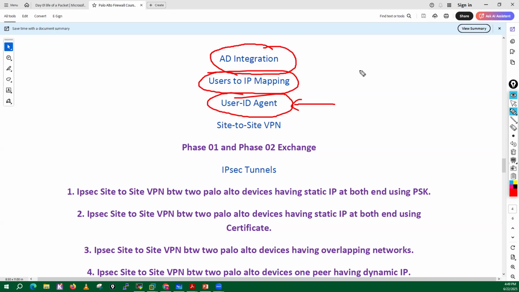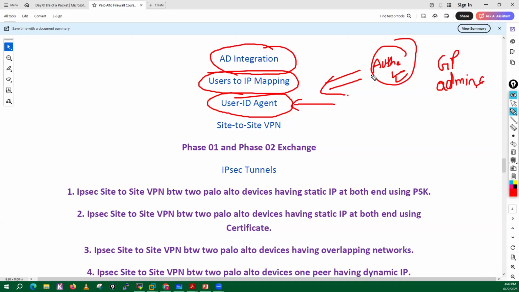Then the same user to group mapping we can use in our authentication profiles. Those authentication profiles we can use in GlobalProtect, and we can also create an administrator account using those authentication profiles, right?